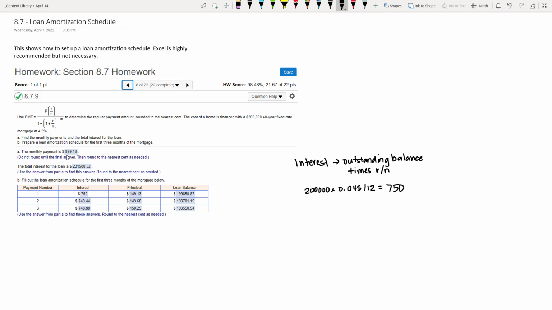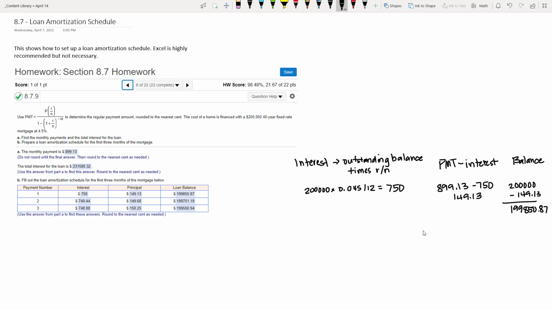Now, when we make a house payment, we're paying $899.13. And so $750 of that $899 is going towards interest. So the principal is the difference between that. You take your payment, subtract your interest, and you get that the principal, the amount that went to pay down your debt, was $149.13. So what that does is the loan balance is now reduced by $149.13. So after the first month, you owed $200,000. You paid $149 of that went toward the principal. So now you owe